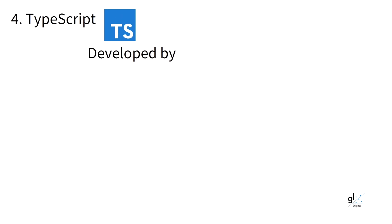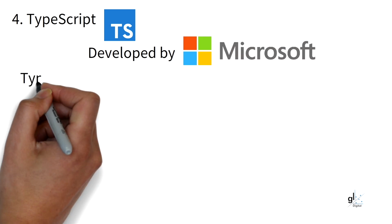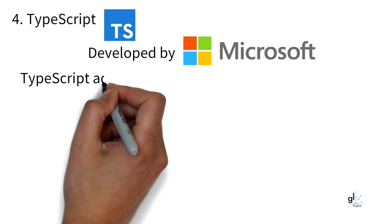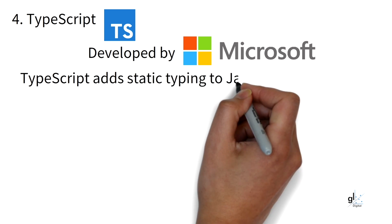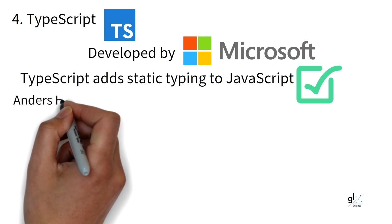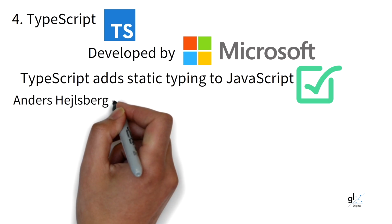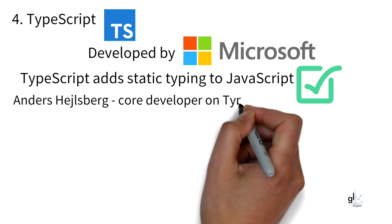TypeScript is a programming language developed by Microsoft and is often described as a superset of JavaScript. The main feature that TypeScript adds to JavaScript is static typing. Other features are also included in TypeScript in order to enhance the development experience. Anders Hejlsberg, the prominent Danish software developer who also led the team that created C#, has been heavily involved in